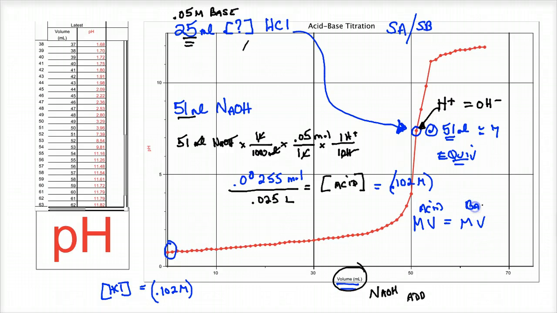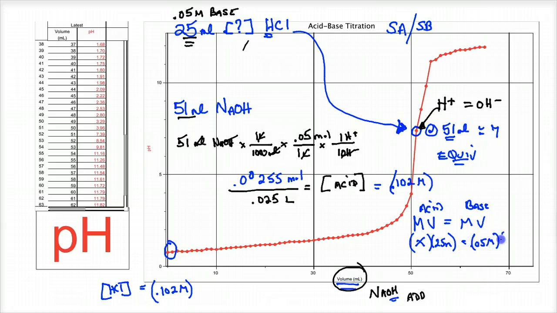Now, careful with MV of the acid equals MV of the base, because this is a potential disaster if your acid and base are not monobasic and monoprotic. And these are 1-to-1. One HCl gives off one proton, and one NaOH is one hydroxide. If they're not, you have to make some adjustments. That's why this is a little dangerous, but it works out. So the molarity of the acid was our unknown. The volume was 25 milliliters. And the molarity of our base was known to be 0.05 molar, and this is how we did it